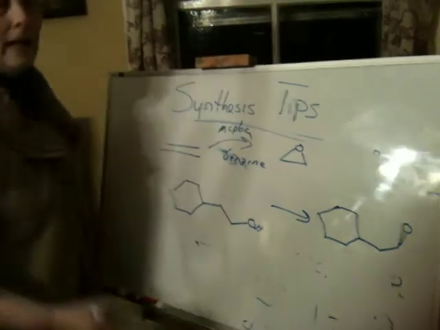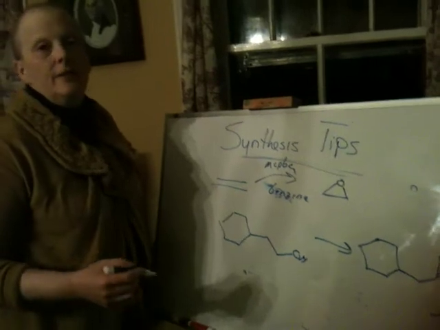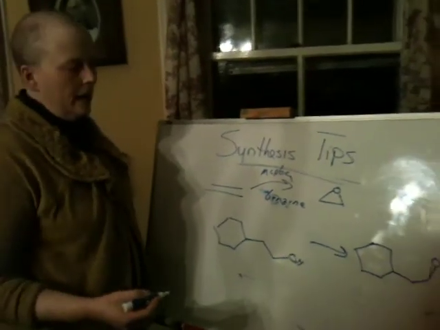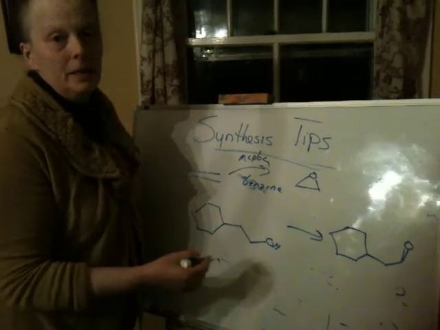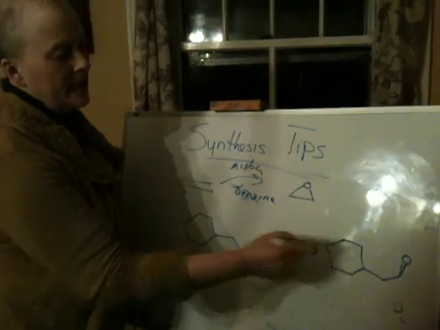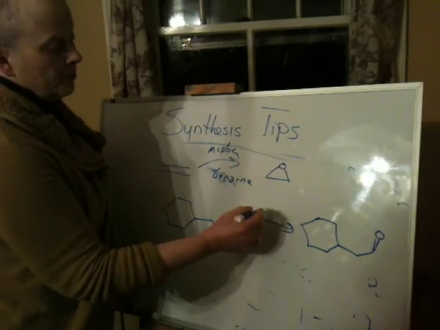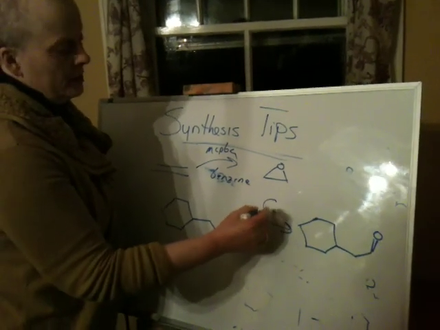Okay, that's an oxidation. That's what we started the semester with. How do you oxidize it? Well, you can't add chromic acid, because if you do, you'll get the carboxylic acid. So to stop it at the aldehyde, you would have to use Collins reagent. And I don't know if you remember this, CrO3